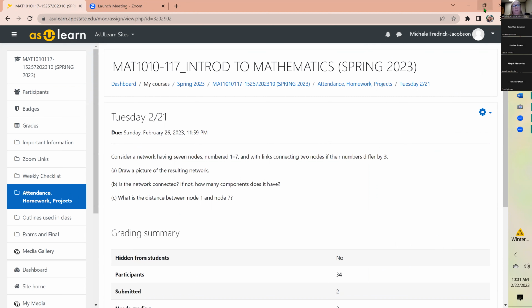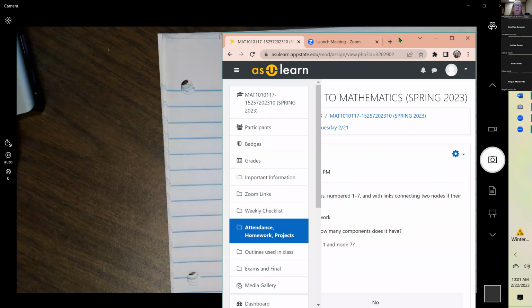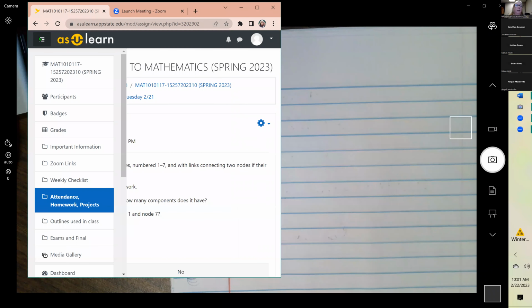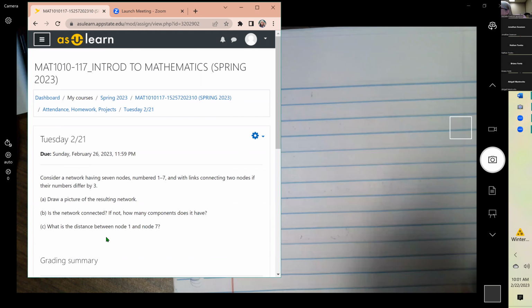I think the part that was messing me up was the links connecting two nodes if their numbers differ by 3. Okay, so we want to consider a network having 7 nodes numbered 1 through 7, and the links connect two nodes that differ by 3. So that means if we have a 1,